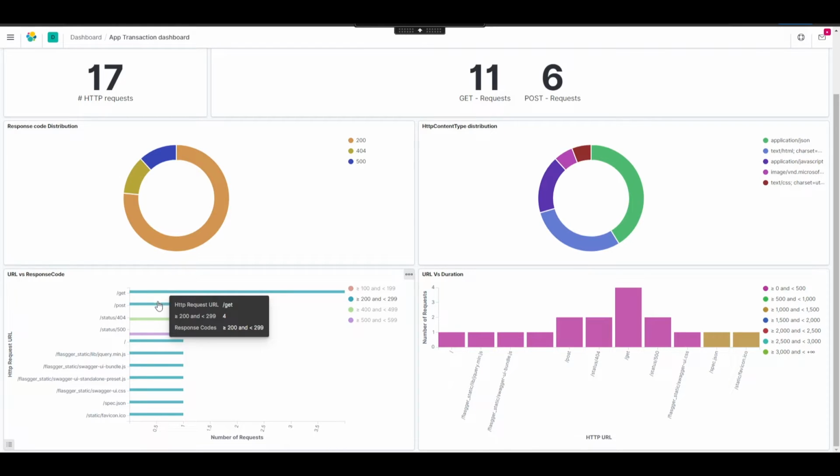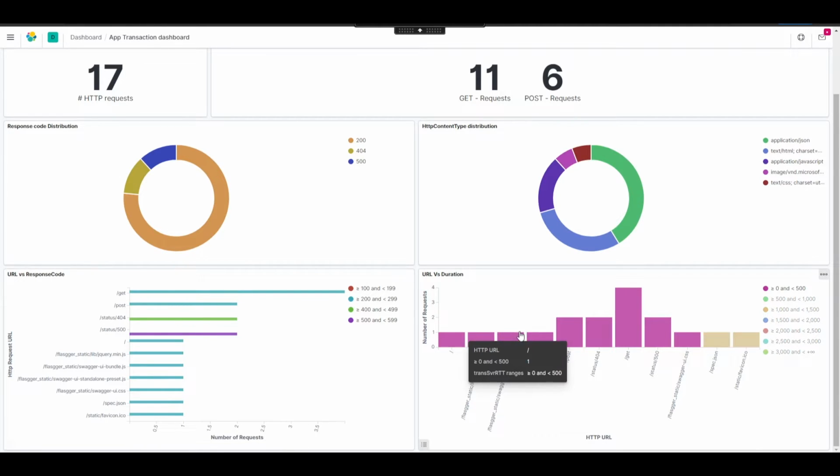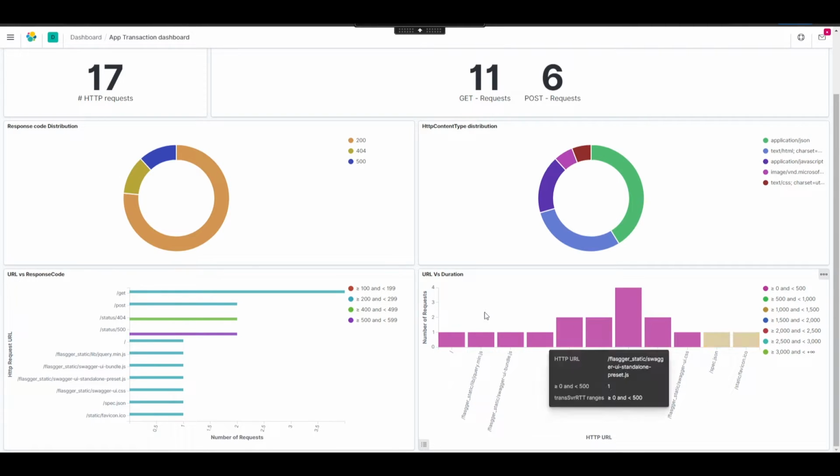We have response code for 400 and above. We have response code request for 500 and plus. So we easily can see all the anomalous requests or the requests that failed. We also see the durations that each URL took to load.